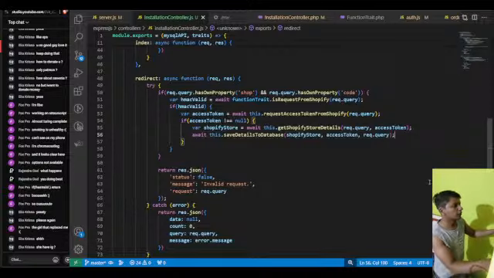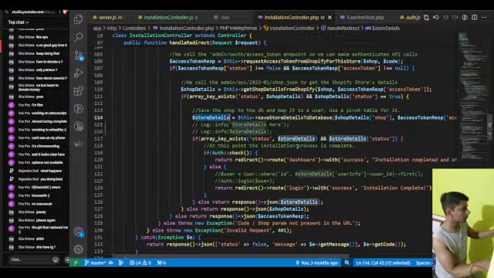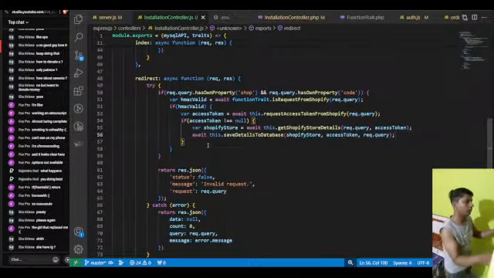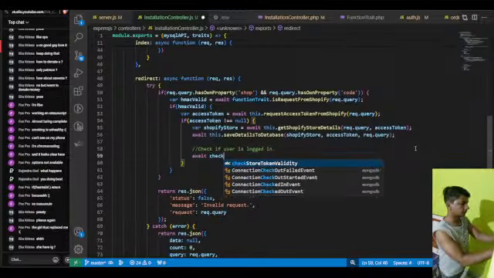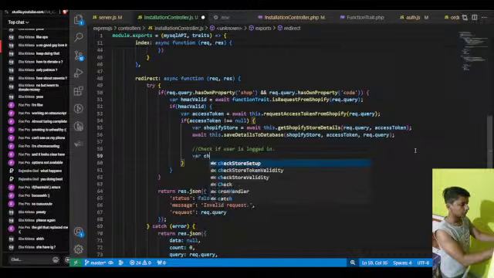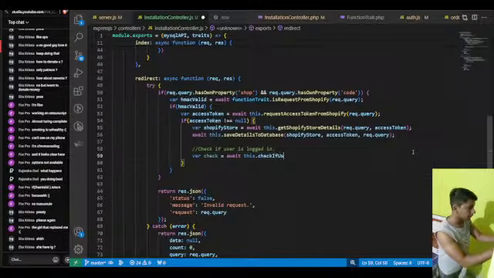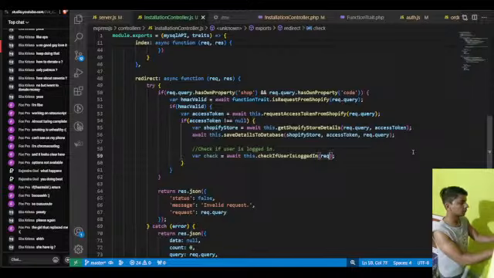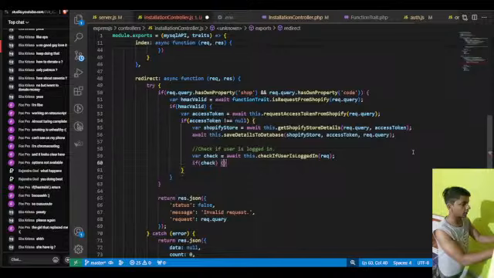So after saving the details to the database, just check if the user is logged in or not. Check if user is logged in. If check,